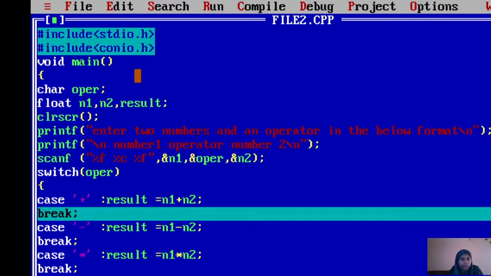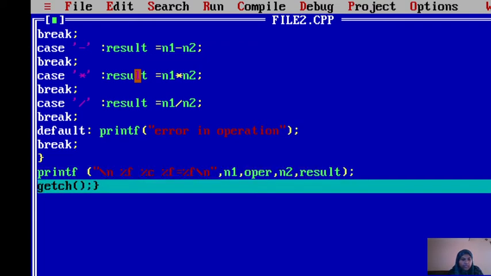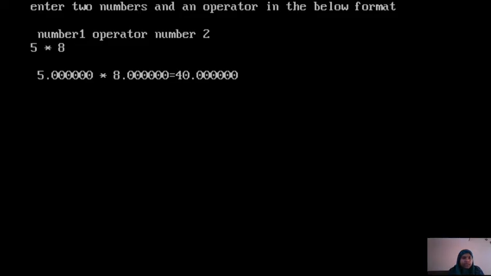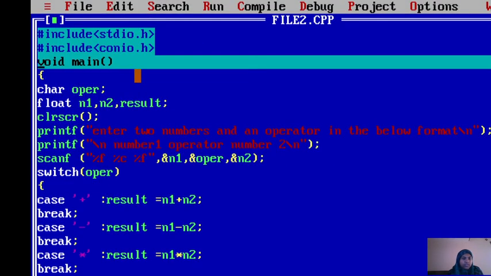It goes to the break statement, comes out of the switch statement, and prints the last statement, in which the result of the two numbers multiplied is stored, and that output is displayed. You can see here 5 into 8 is 40. So we have seen the multiplication operation. Next we will move on to the other three operations. Once again the cursor comes back to the main program.